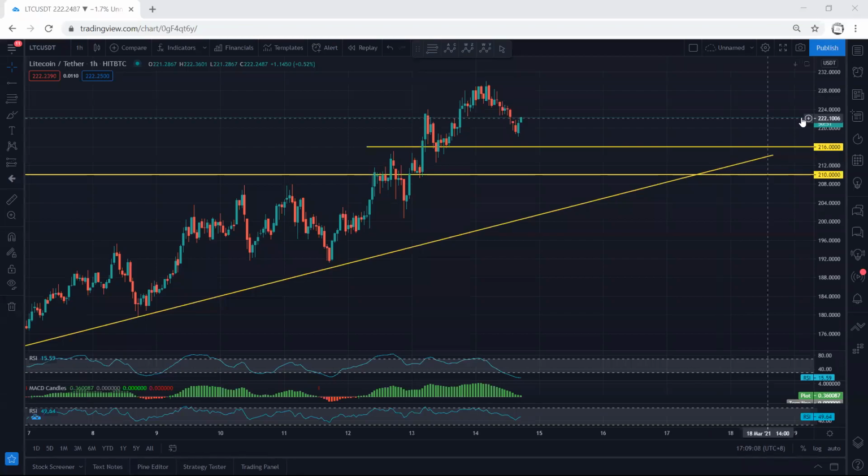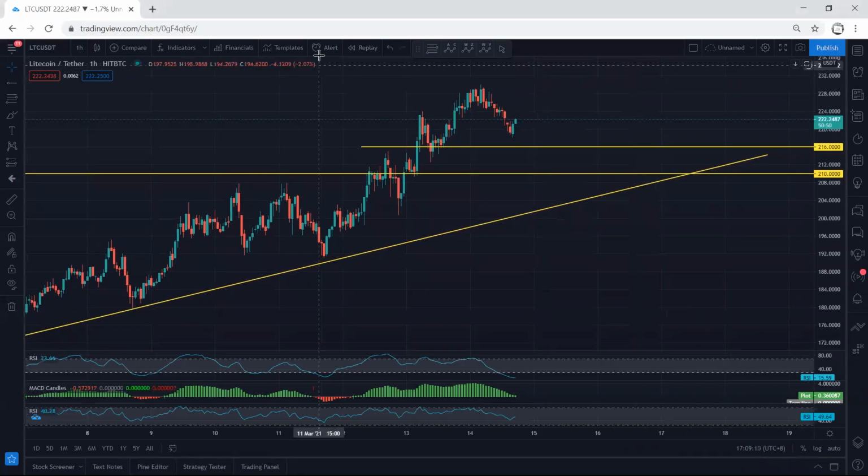LTC, we start with the 1 hour chart. Okay, first of all, if we refer to our analysis, when the price was here, we mentioned we need to be quite careful because the price can tend to a correction. Now we can see we get this small correction. Now we want to see how we can trade. This is the only one we can expect for the breakout, or we can expect to get a deeper correction